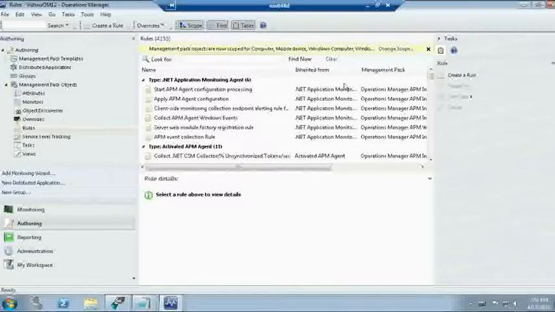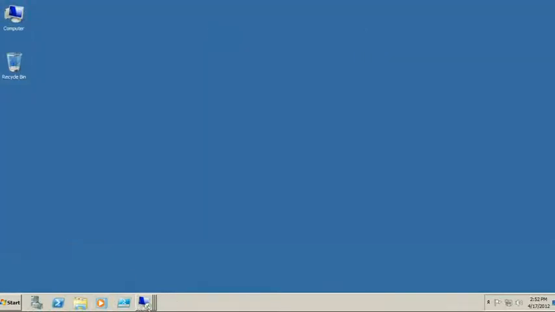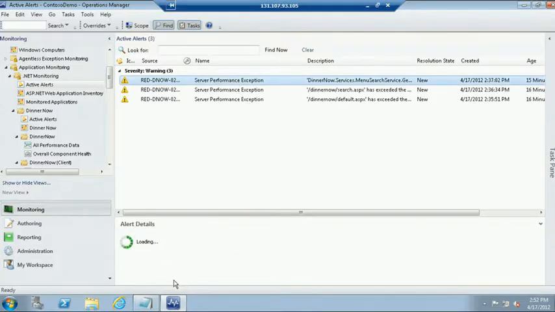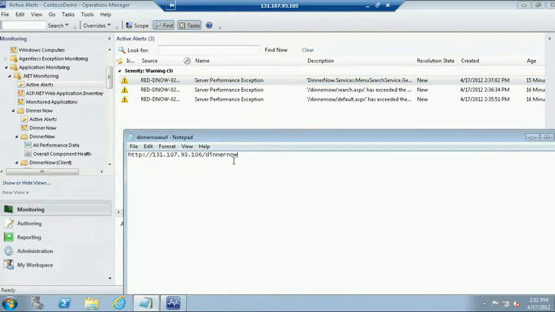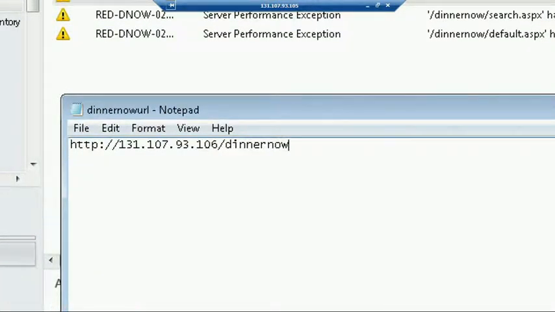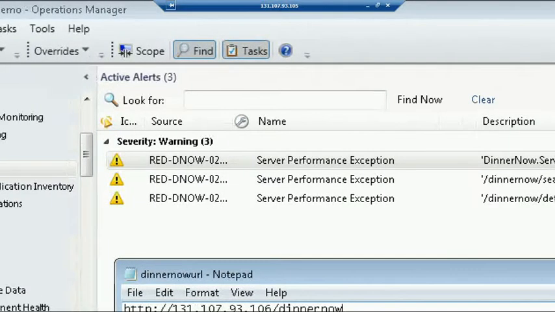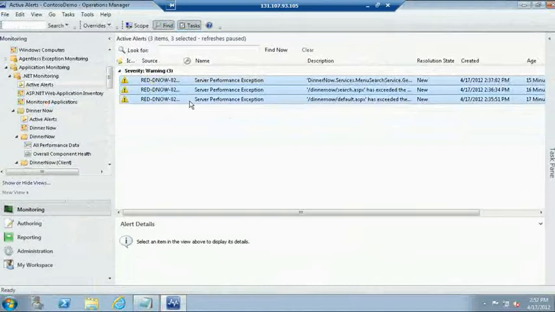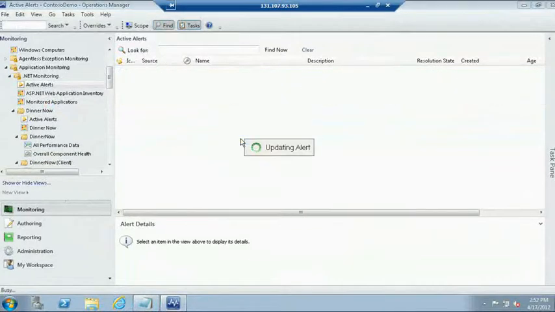So what I'm going to do in this demo is I have an application called Dinner Now, this guy here. This is a public URL if you have an internet browser. If you can hit this URL, I'll bring it back up in a second. I have this monitored back in Redmond. I'm going to clear out all the alerts. If you can hit this application, which I'll bring back up here,